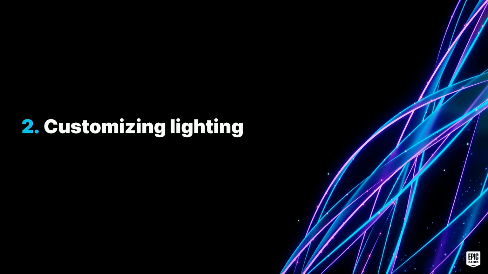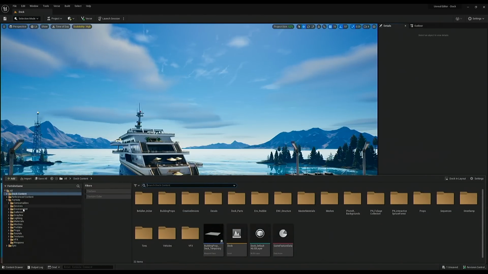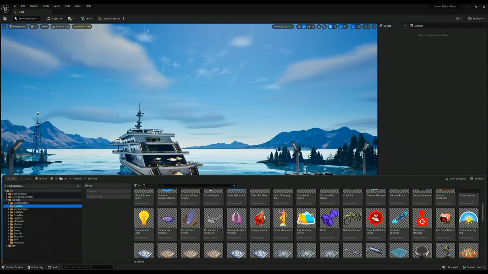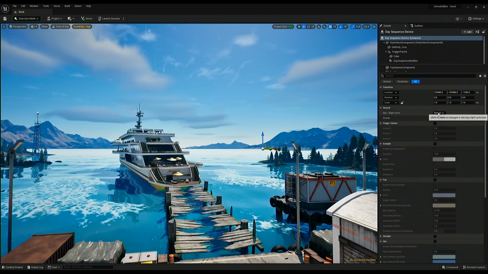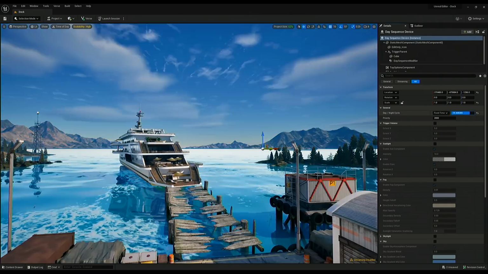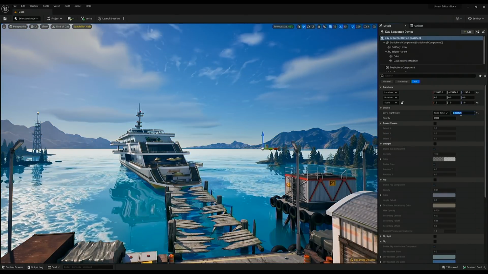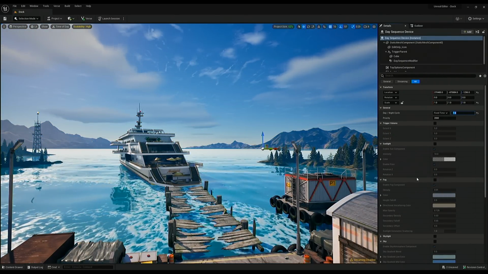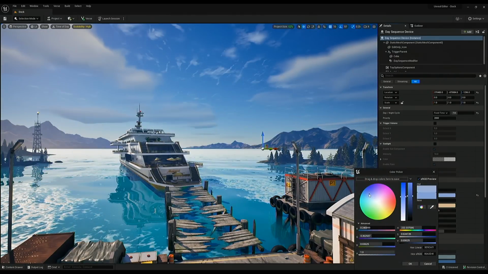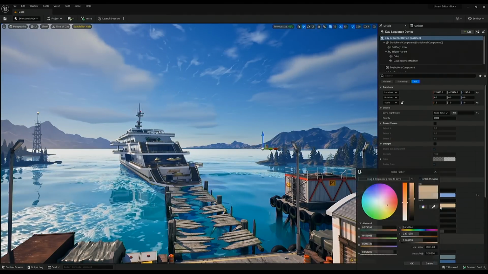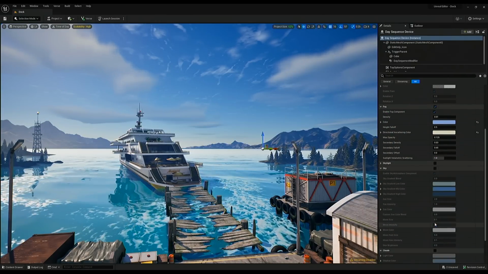Okay, back to our game. Let's see how we can tweak the visual mood. To do this, we're going to use a device in the device folder that is called the day sequence. The day sequence device encapsulates the main component of the global illumination system of Unreal Engine that we call Lumen. Like, for instance, the time of day that already gives us full control and a drastic change on the overall mood. We can change the color of the fog, the light scattering of the fog,